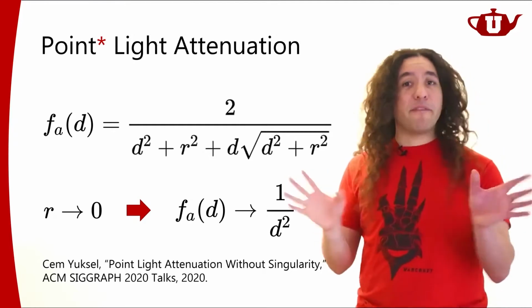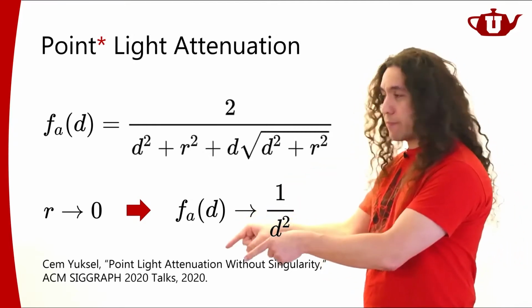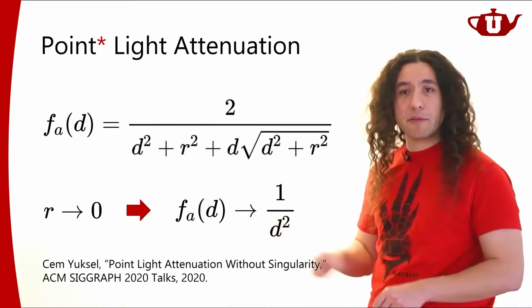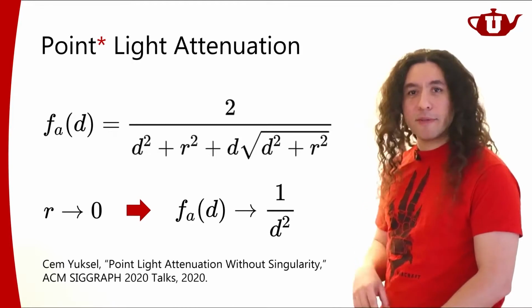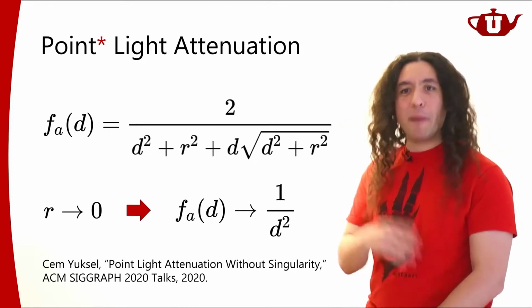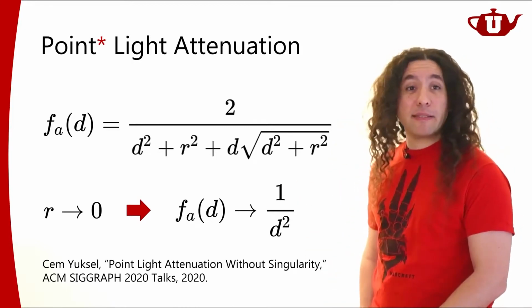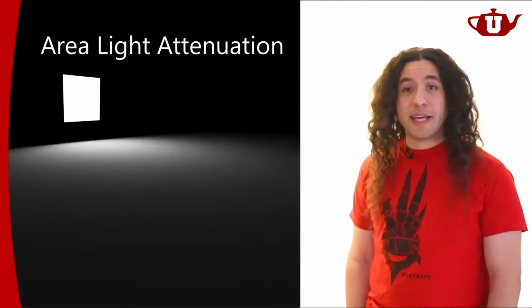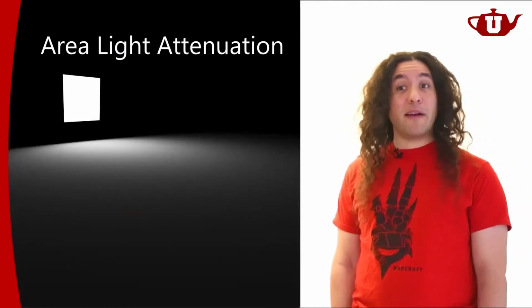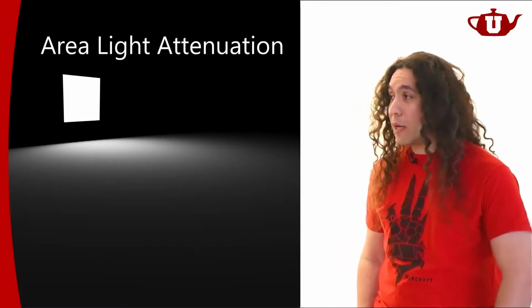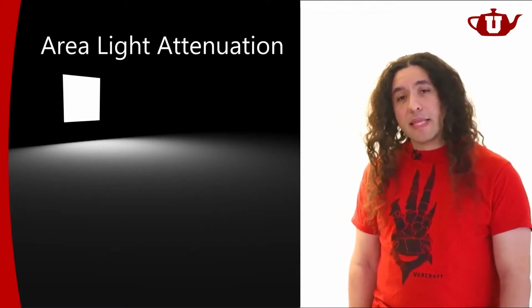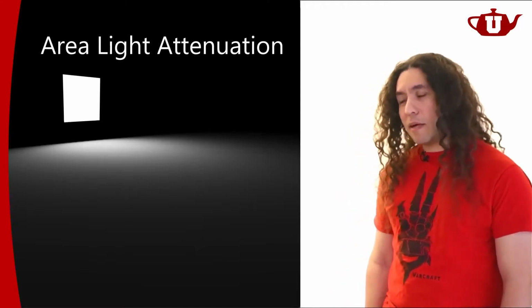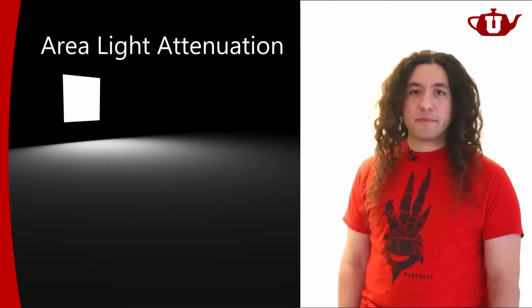Anyhow, if you want to find out how I came up with this, go and check out this talk. It's on my YouTube channel. Right, so this was a point light source. What happens for an area light source? How do I define the attenuation for an area light source, a more general area light source? Well, this is not that easy. Not that easy because there are a lot of factors in here.